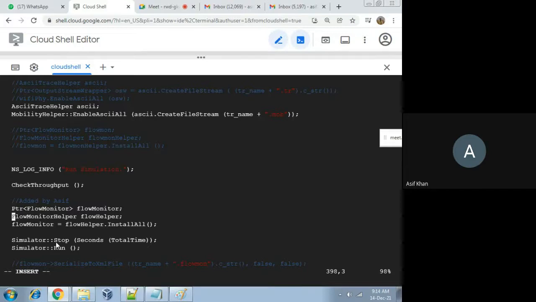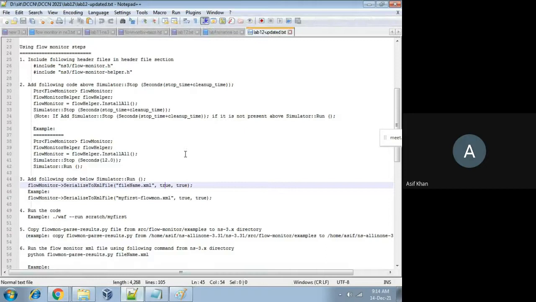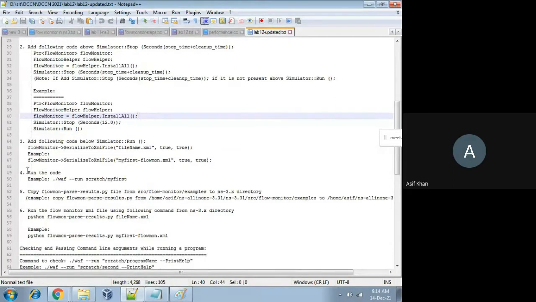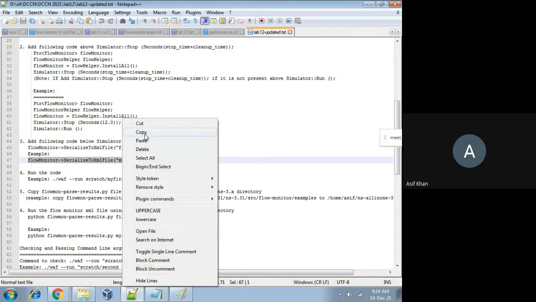Okay, the next is to add this code to monitor here. This code I'll add. Okay, copy.